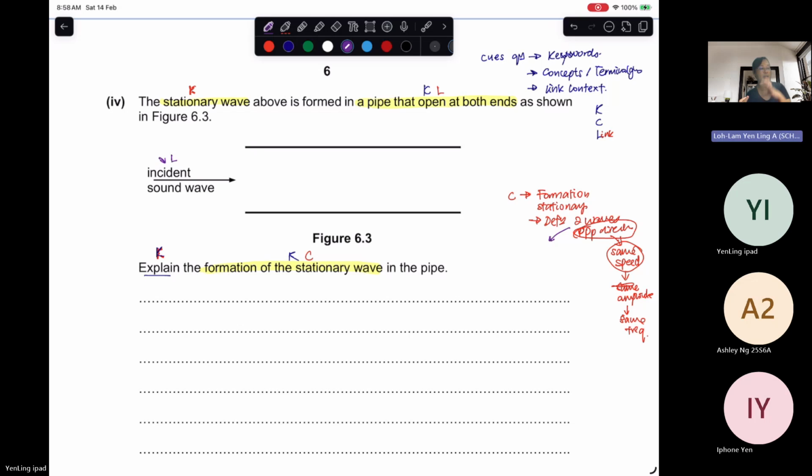Okay, so there is a reflection at the end. And then we need to look at what this reflection is. After it reflects, is it only just these two waves that are interfering with each other? Because if it can reflect off the open end on one side, it should also reflect